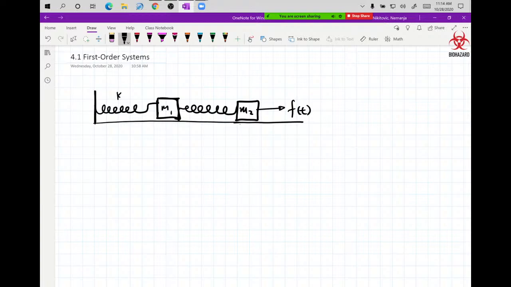Now these springs can be different springs. One can be stiffer than the other, which means it's harder to pull or compress it and needs more force. And